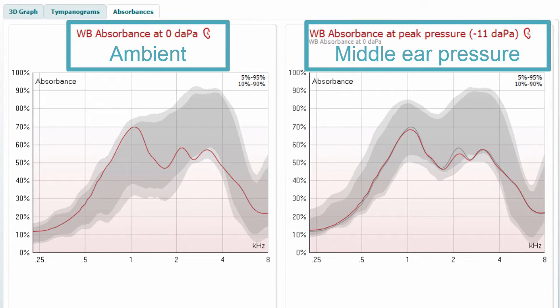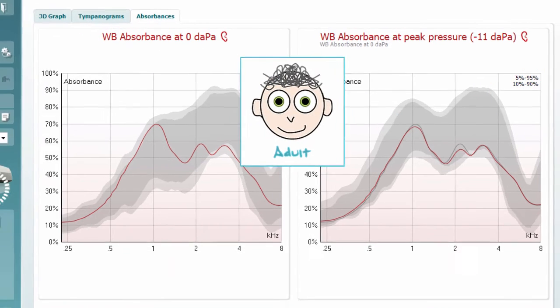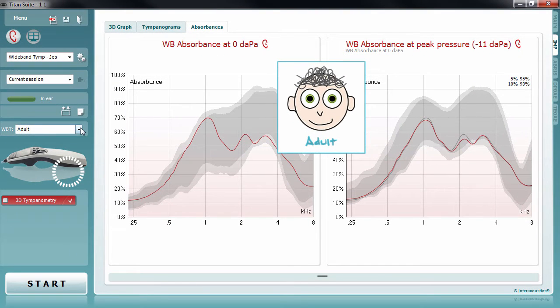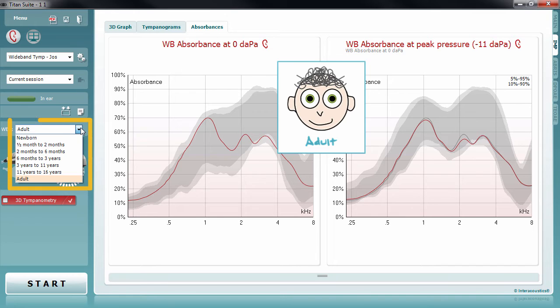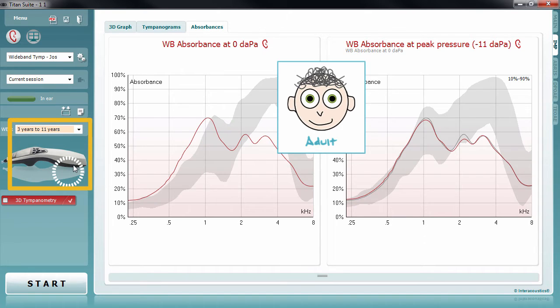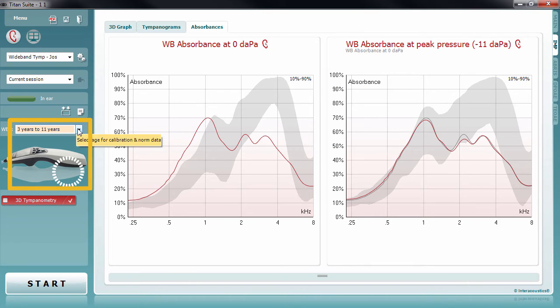For an easy comparison, most prefer to see both curves in a single graph as it is displayed on the right. The example we see here is from an adult patient, and based on the birth date of the patient, the age-appropriate normative data is automatically displayed with it. If desired, one can view other normative datasets by selecting a different age group in the drop-down box on the